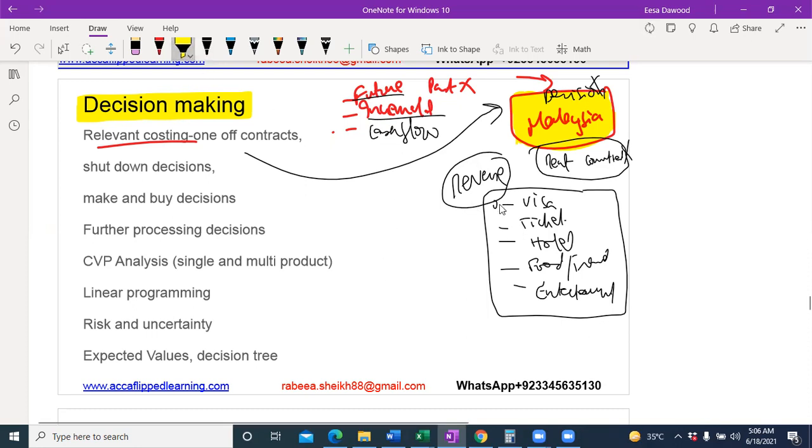Now if I plan I'm not going to Malaysia, is it the cost that is going to be saved, and is it the cost that was to be incurred in future? It was incremental, and it was a cash flow. It was going out of my bank statement. Okay, it had an impact on the cash I have. It wasn't a non-cash item, because in a company there could be non-cash items as well that would be irrelevant for your decision, like